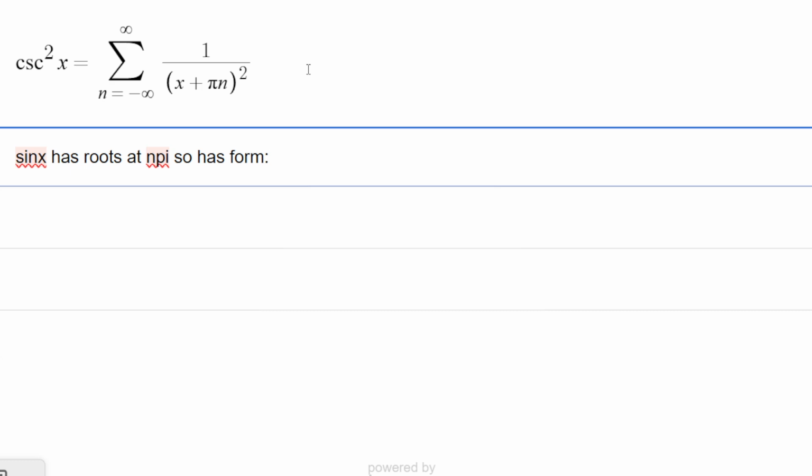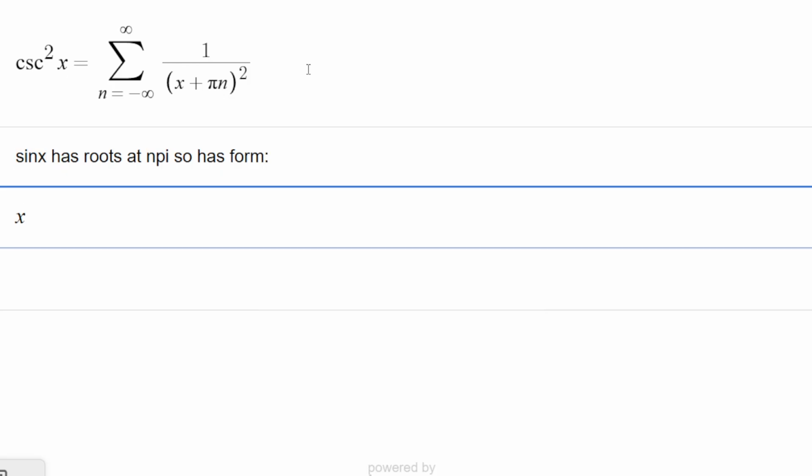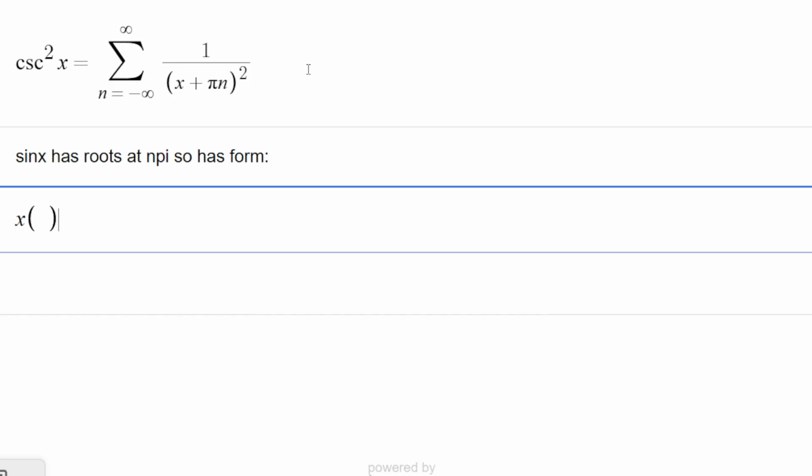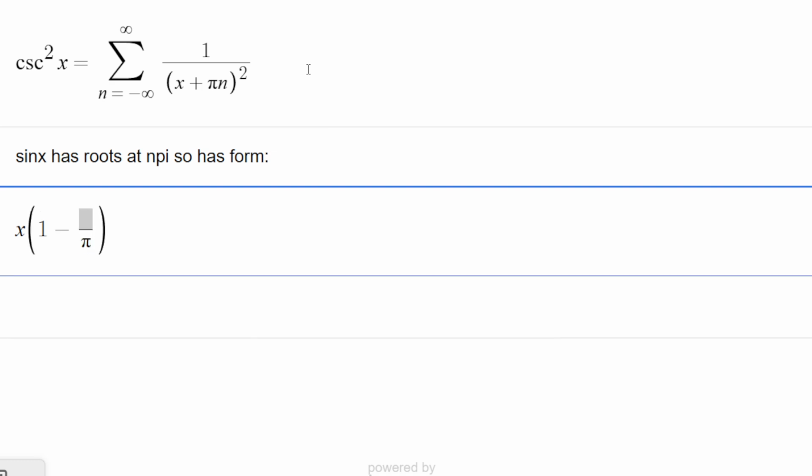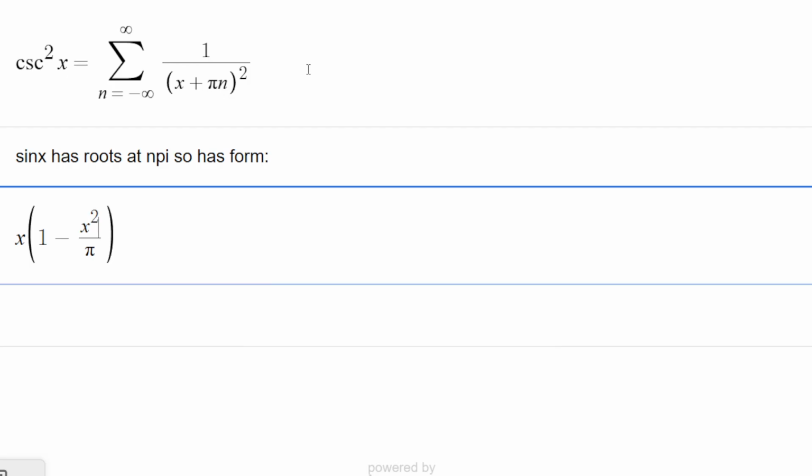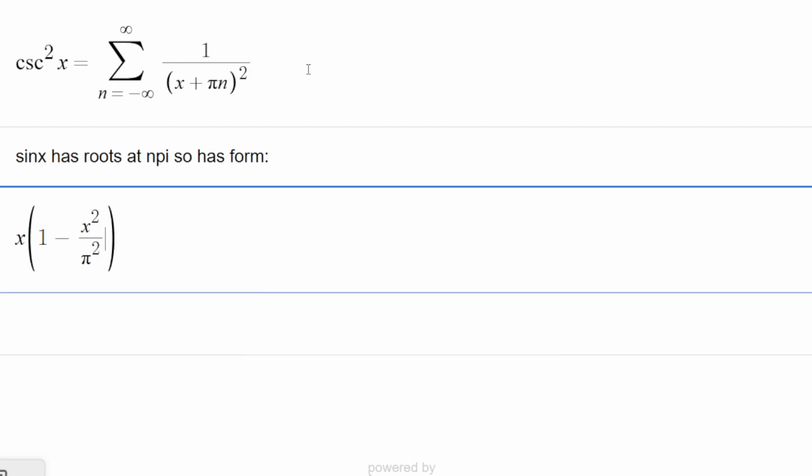If it has roots at n pi, let's take the n is equal to 0 example. We need it to have a root at 0, so let's start our function to just be x. But then we need roots at pi and negative pi, so we need another term in our product that's going to have roots at pi and negative pi. So let's start it with 1 minus something. Well, we need it to be equal to 0 at pi, so let's put something over pi. And then if we put x, maybe x squared over pi squared,